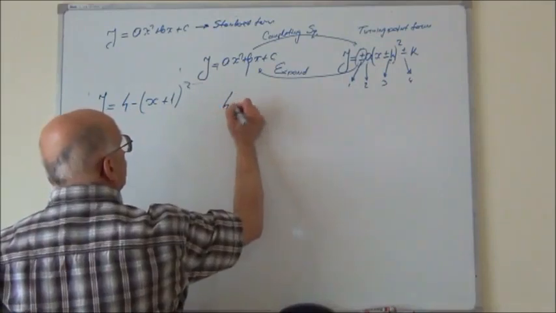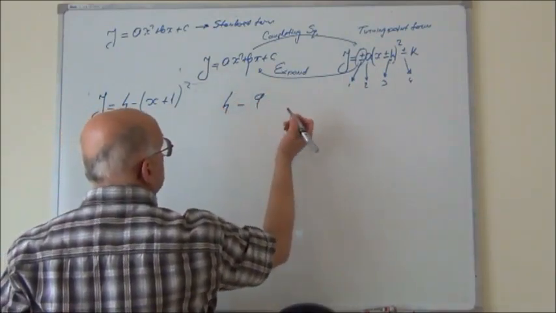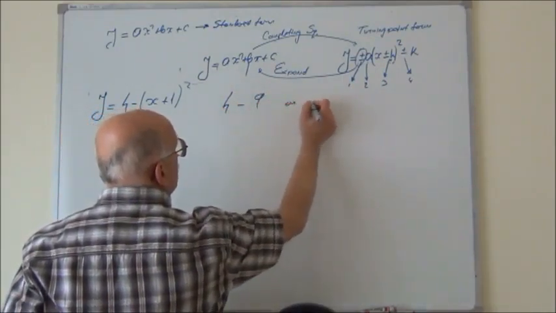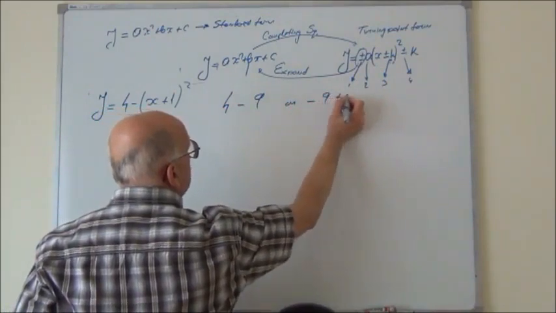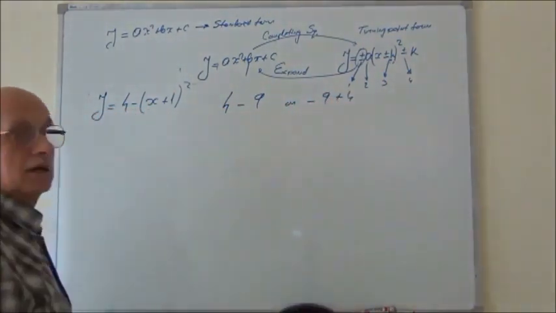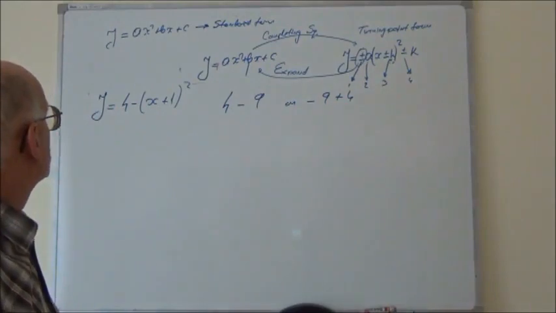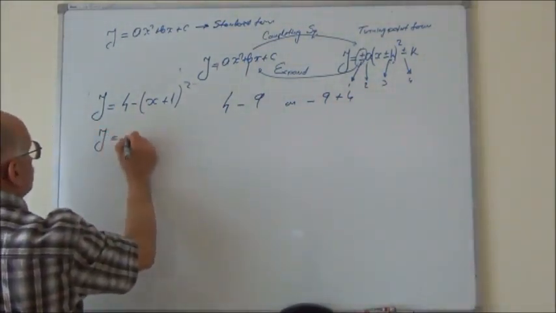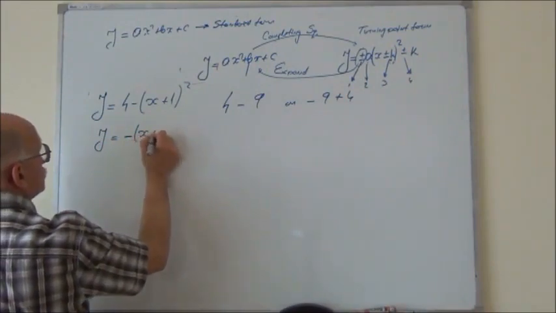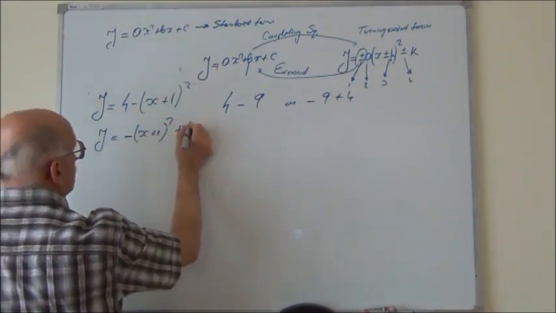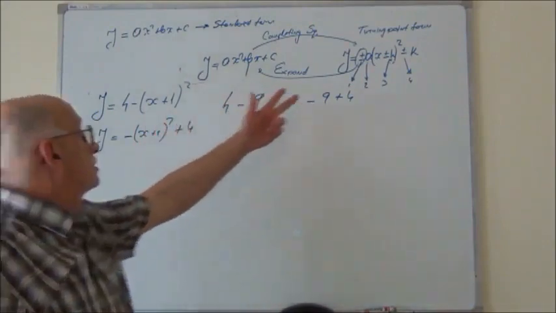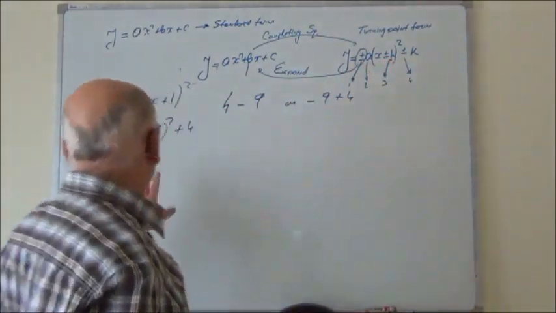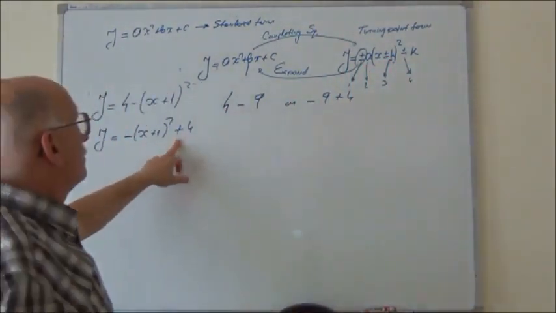When you write 4 minus 9 or minus 9 plus 4, we have the same result. So if someone is confused, it's easy to change it anyway, and now we are exactly the same. But as I said, it is not necessary, because